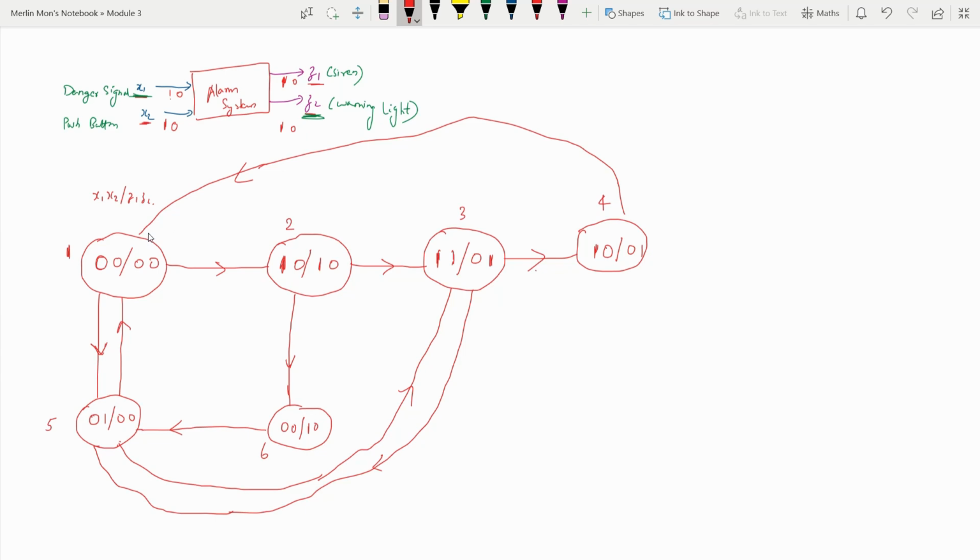So we will indicate it with dashed lines. So x1 and x2 both change to 1 and 1, from 0 to 1. So we will indicate it as a dashed line. This scenario may occur, and since there is a danger signal, if both change, we will want the system to move from state 1 to state 3. If both inputs x1 and x2 change to 1 simultaneously, we want the system to move from state 1 to state 3. So this is like this, and if again from state 3 both the danger signal and the push button are removed simultaneously, then there is no problem. We can skip step 4 and we will go back to